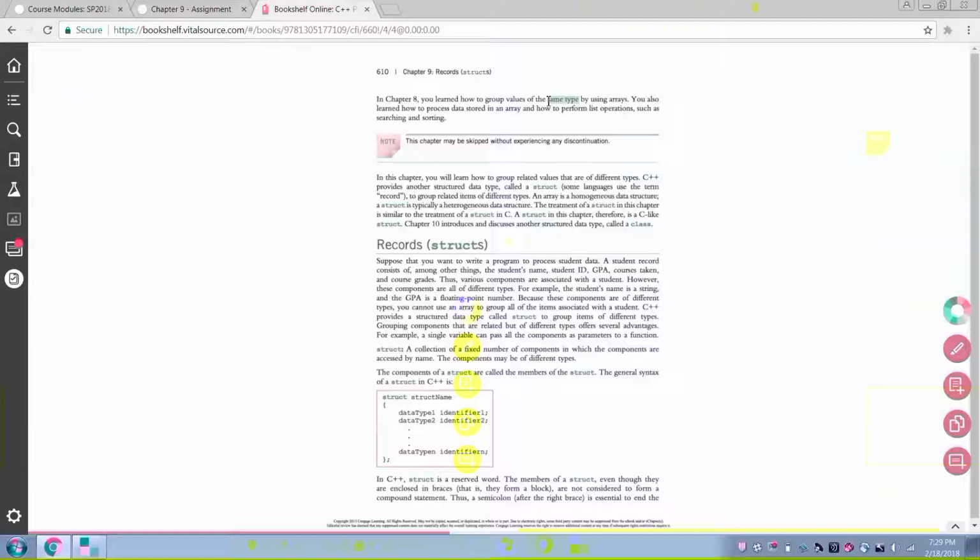So here is an example that the textbook talks about. If you were to think about a student record or student struct, then we might store the student's name, which is a string, student ID, which could be numeric, GPA, which could be a decimal, and then courses taken, how many courses, and course grade. So there is a variation between the data types that we will be using for the different elements, and an array cannot provide a solution to this kind of a problem,